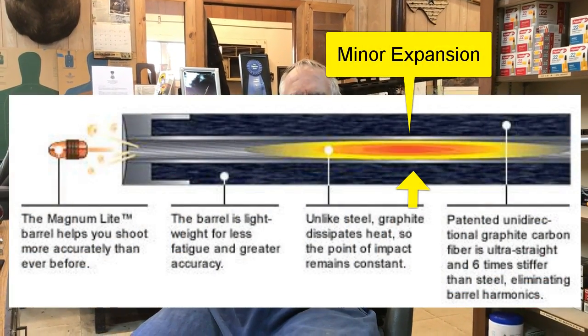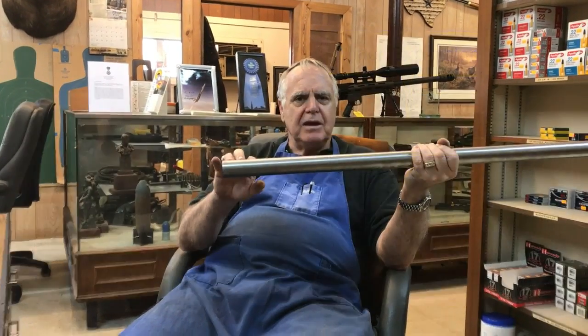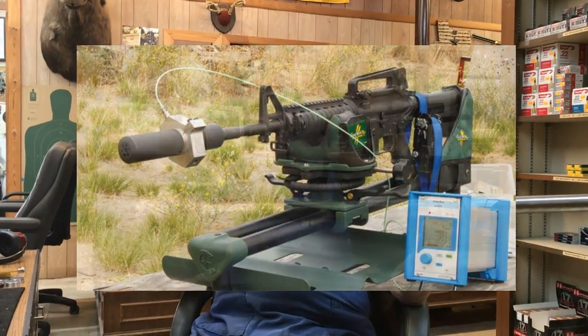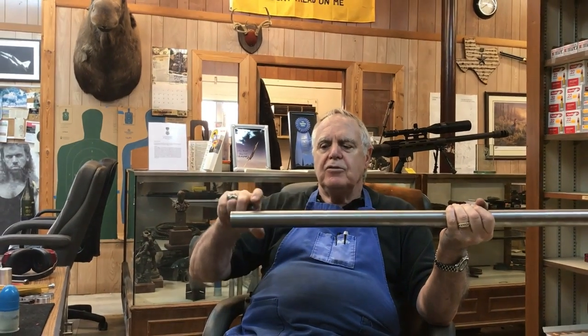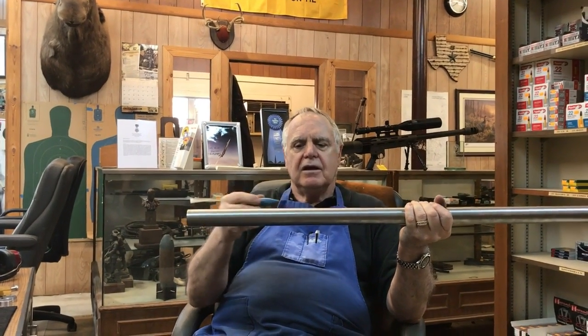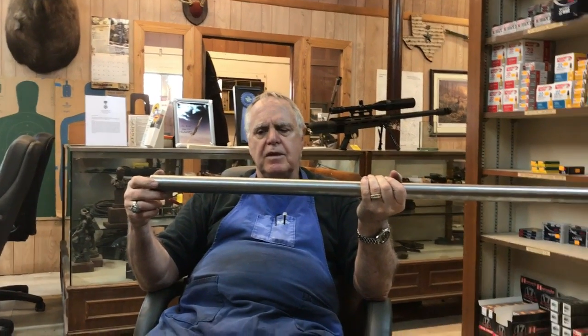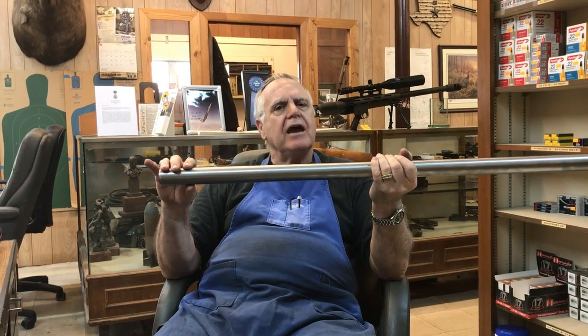Now you can tell with a strain gauge, which is a very fine electronic device that measures the amount of strain that the barrel is going under. It can tell you how many thousands of psi the round was fired at. But as the bullet traverses, the barrel actually gets larger until it passes, then it shrinks back down to its original size. So the fact that the barrel is changing diameters, and there are a lot of different pressures involved,